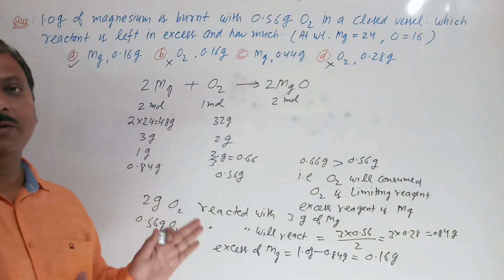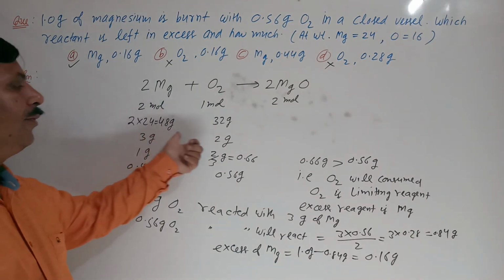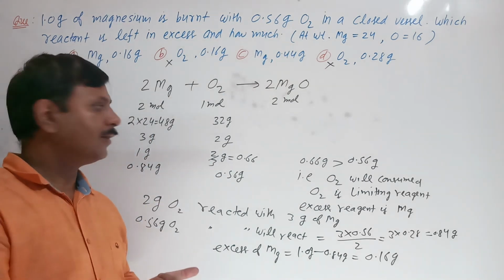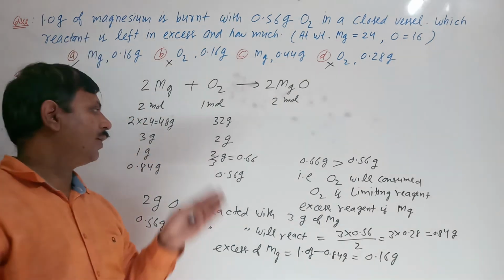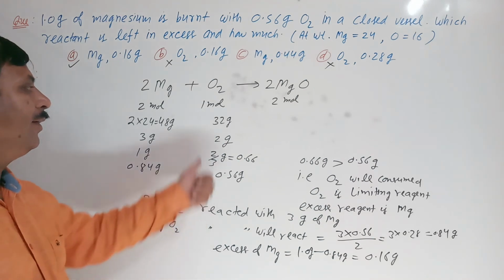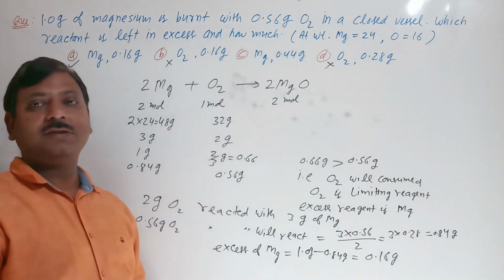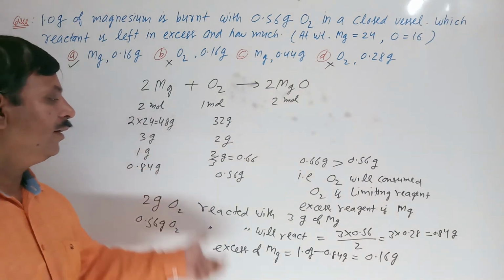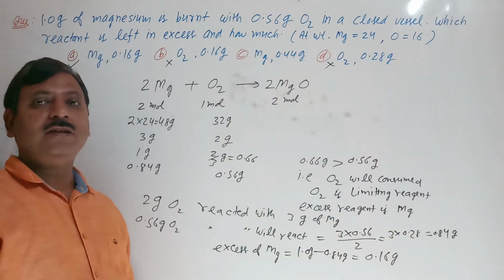Okay, very simple. Firstly, you will write the balanced equation. After that, you will see the relation between masses, how much mass will react with how much mass. Then write down one element or compound, use whatever grams are given. If the second one is less than the given, then the second one will be limiting. If it is in excess, then the second one is limiting; if it is less, then the first one will be the limiting reagent. And one is the limiting reagent, so the other will be the excess reagent. And you can find how much excess reagent or how much reagent is unconsumed.